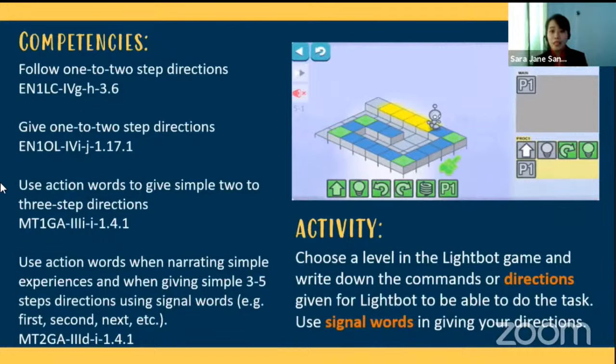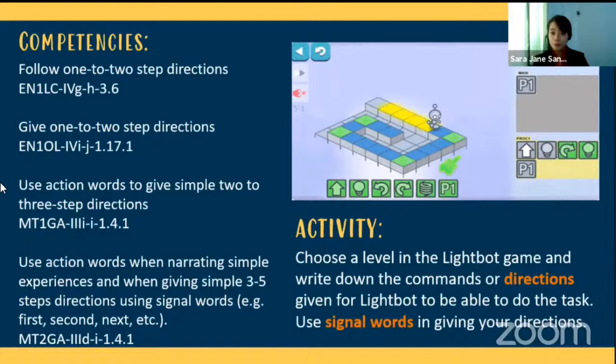So papagsulatin natin sila, hindi lang siya magiging game, magiging educational game siya this time. So gagawin nilang game, susulat sila kung ano yung naging direction. So walk 3 steps, something like that. Tapos, isi-share ng mga bata sa class. Now, in here, ayun nga, nakuha natin, na-tap natin yung different competencies for the following subjects.